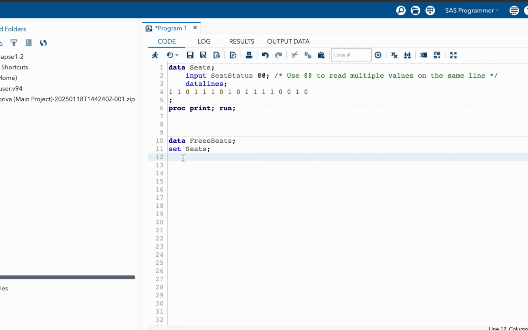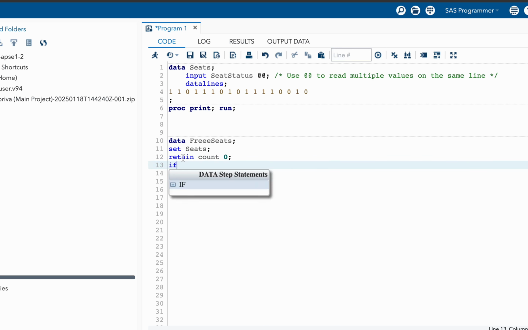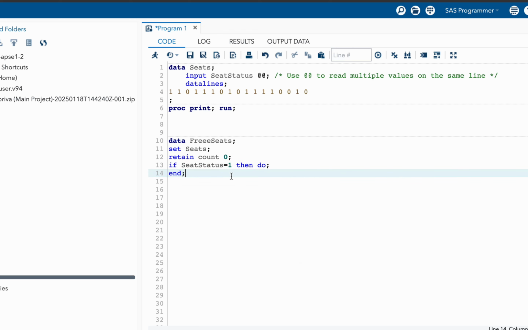So to solve this problem, we can create a retain variable and we can name this as count, and initially we can give this value as 0, and we can say that if seat status is equal to 1, then do count plus 1.